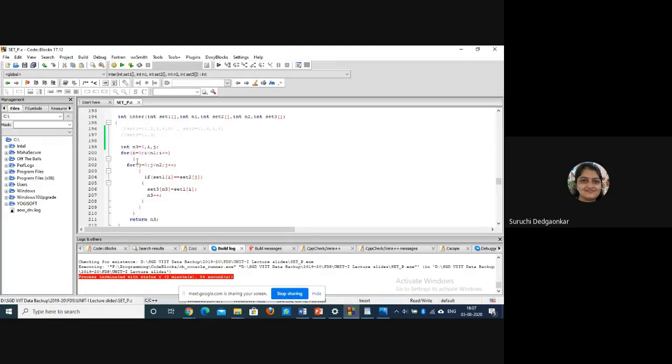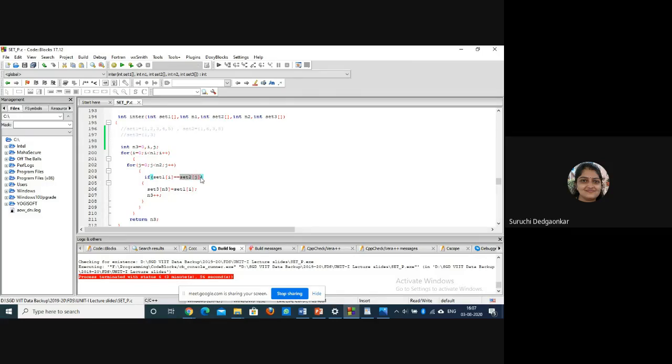When i is 0, we will compare it with all the elements of set 2: j equal to 0, j equal to 1, like that till n2. Then when i is 1, it will again be compared with all the elements of set 2. So every element of set 1, that is set 1 of i, will be compared with each and every element of set 2, that is set 2 of j.